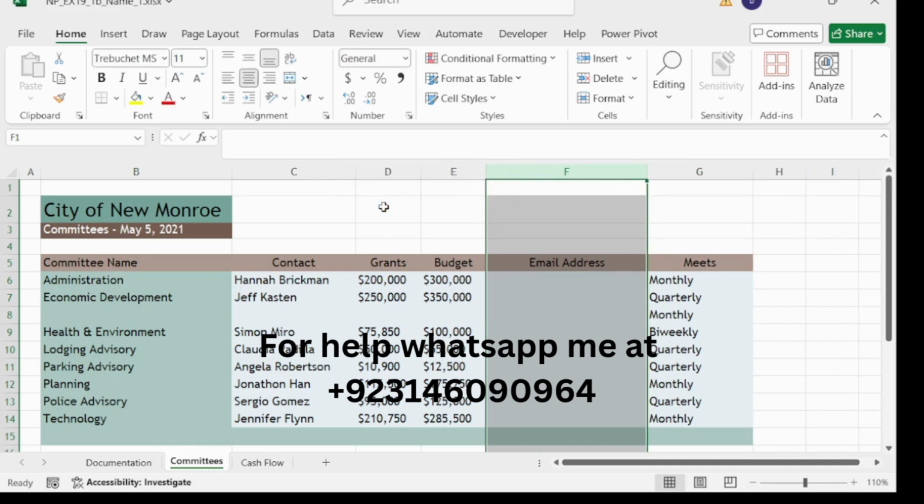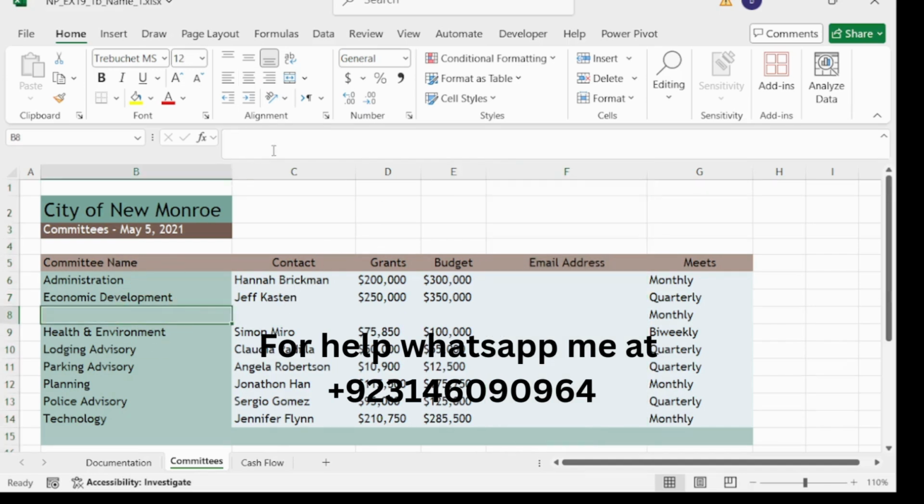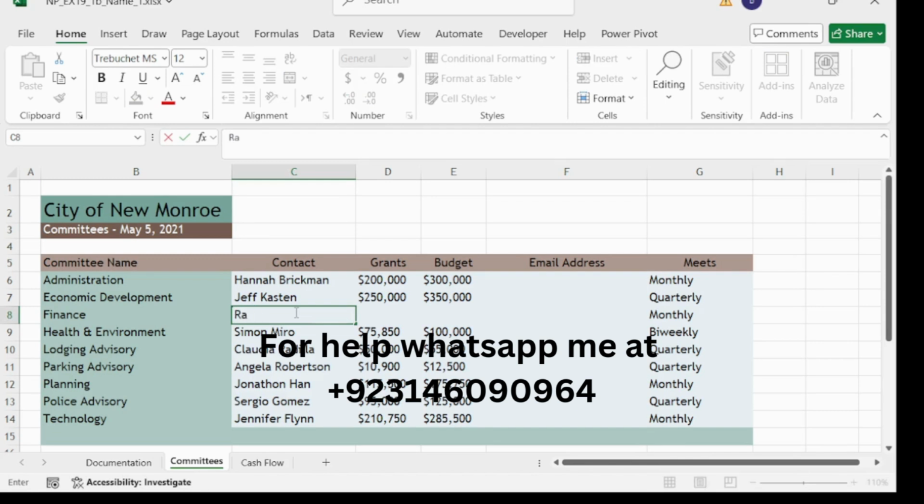And our step number 4 is enter the values shown in Table 1. So in B8, type Finance. In C8, type Rachel Andres.